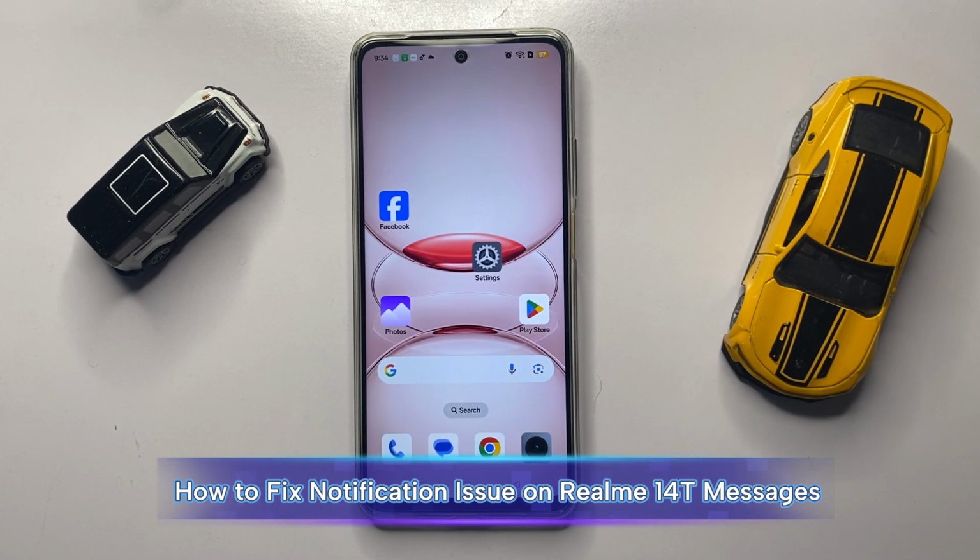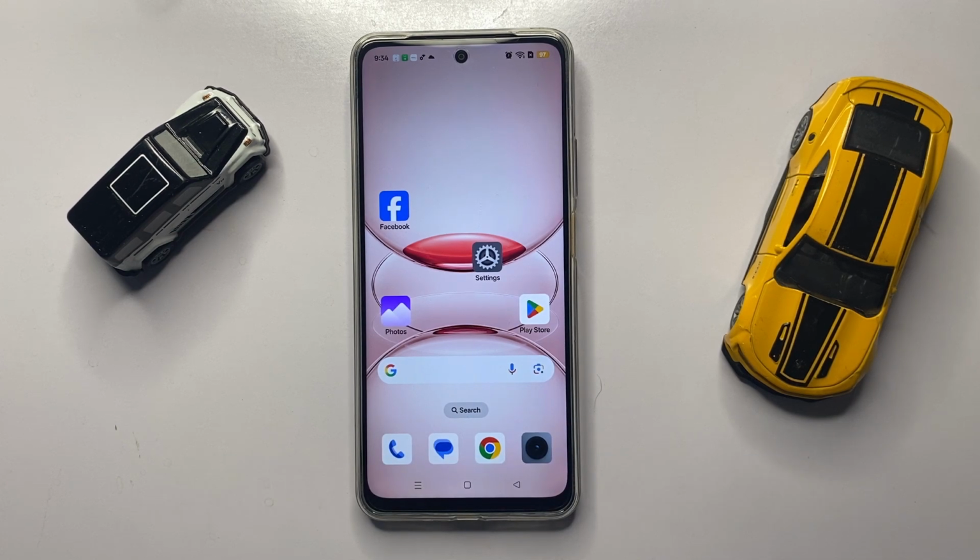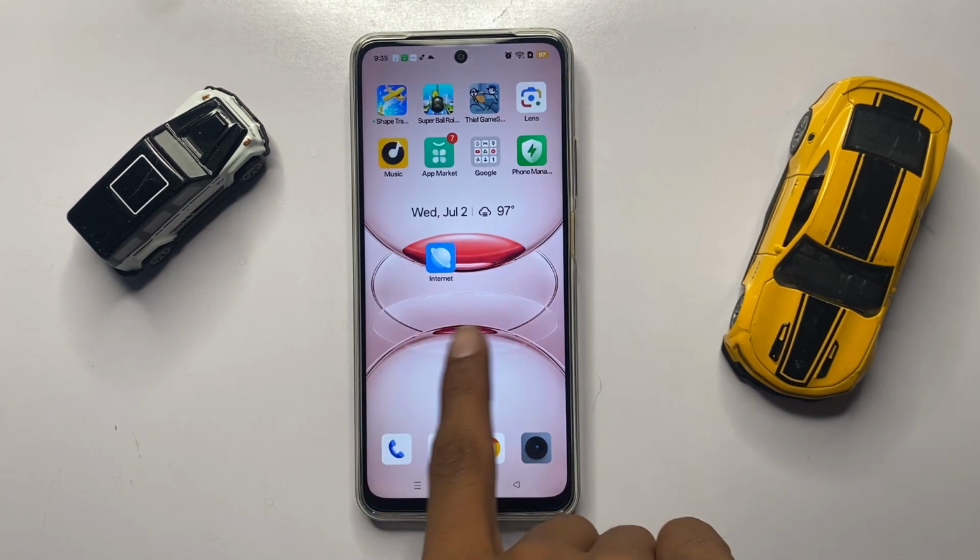Hey guys, in today's video I'm going to show you how to fix message notification not working in Realme 14T. So let's start the video. First of all,